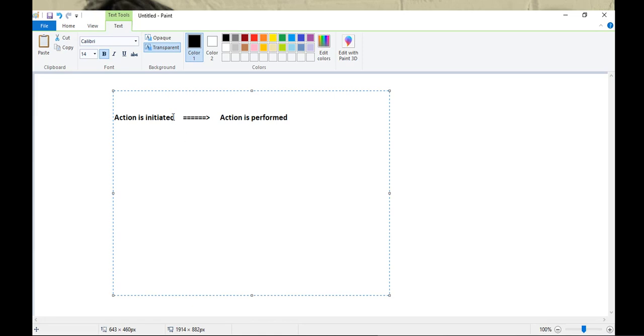Now, these two things need to be connected together. When I create an action as a user, somebody needs to perform that action. Somebody needs to tell it: the action is initiated, please perform it. So first, the action is initiated, and second, the action is performed. Any problem?